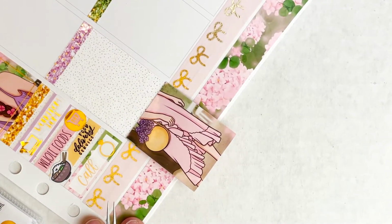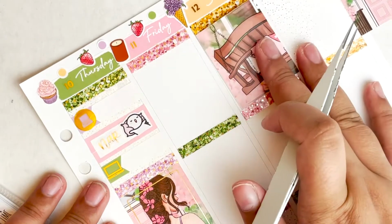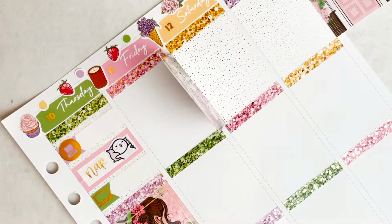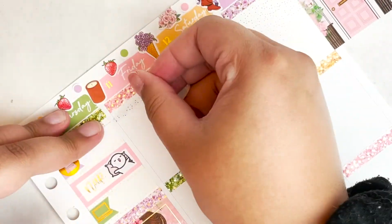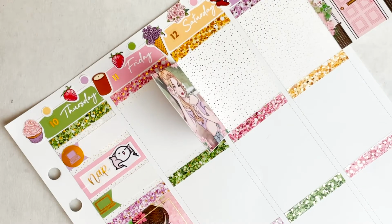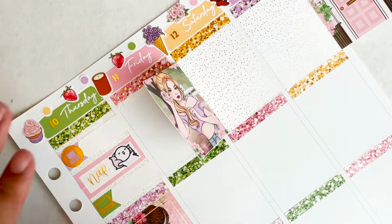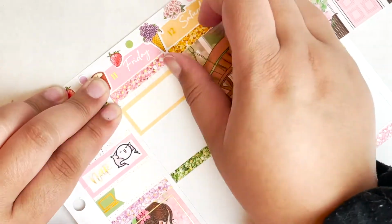So I marked that with a script from Scribble Prince Co. and a wedding or an engagement ring sticker, I guess, from Plana Hannah. Moving on to Friday, I did sleep in, so I marked that with a script from Scribble Prince Co. and a sticker from the Plan Co. girl. I did tidy up, so I marked that with a script from Letters to Apollo